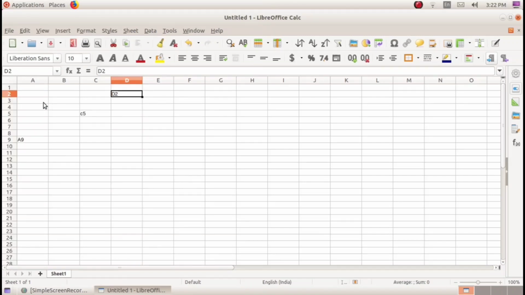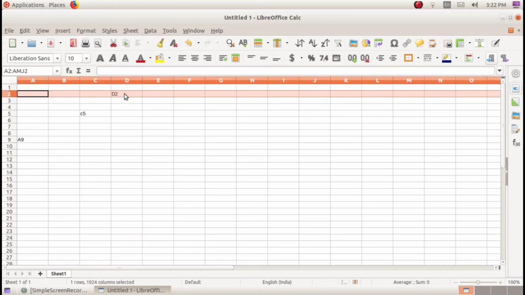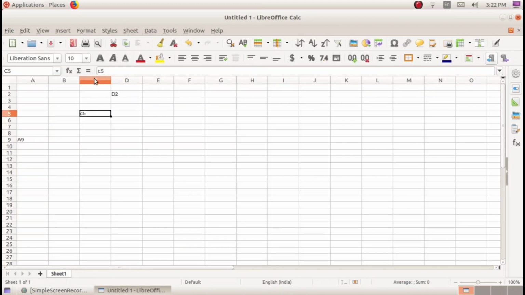The column header and the row header form the cell address. Like this way, any of the cell address we can write very easily. We can write any of the cell address like this by typing the column header name and the row header name. In your textbook there is a table 6.1. You can complete that table like this.